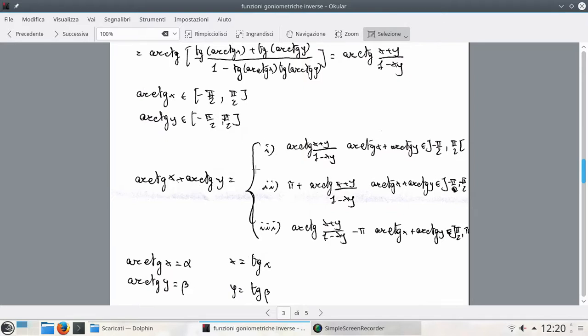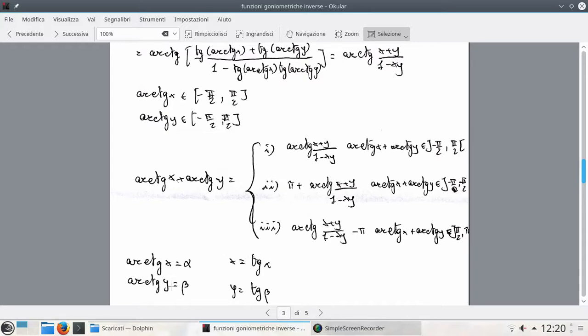So we have three kinds of equation, called I, II and III. We set